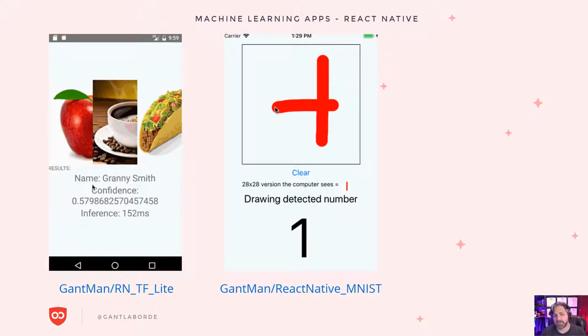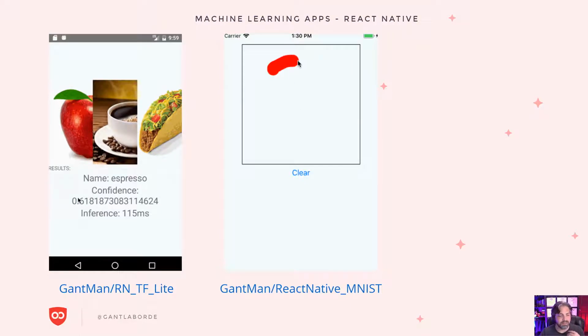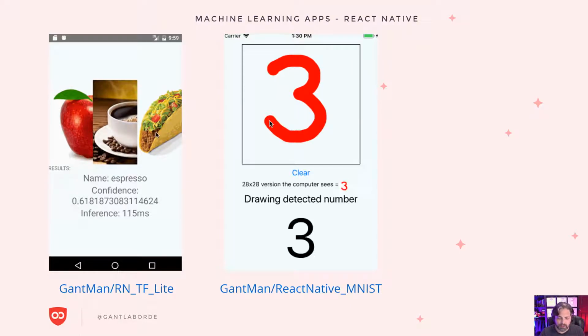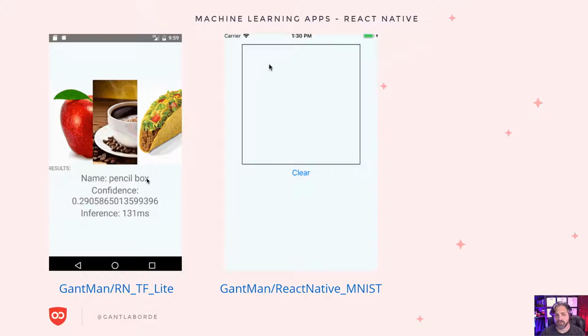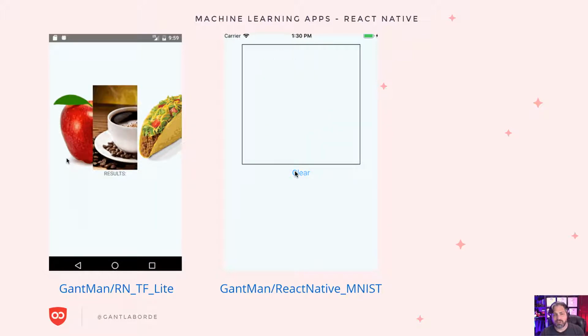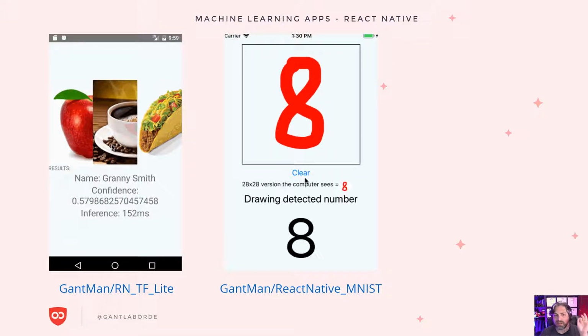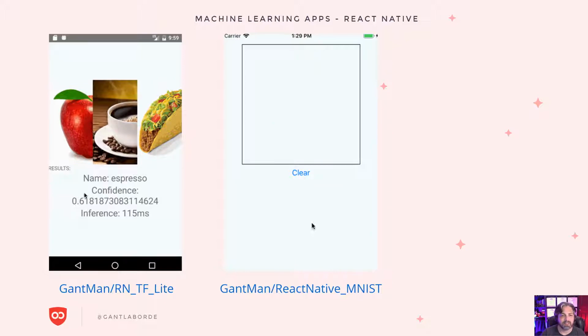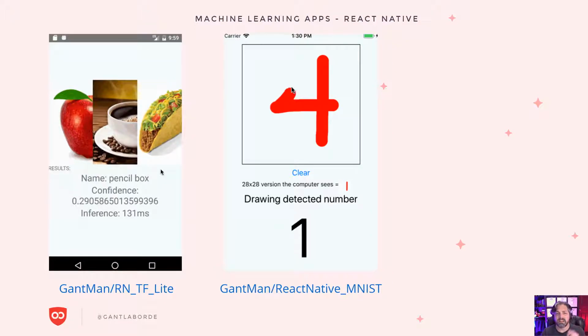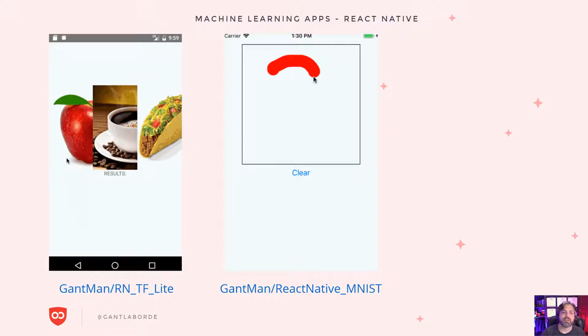This is a classic problem. What number did I just write? It's called the MNIST problem or MNIST data set. It's usually used for this, but that's sort of generalized to MNIST in general. And so this is written in Brain.js, 100% JavaScript. This could have been a website. It also made it a mobile app. It's just JavaScript. It's really easy. And then as you're drawing in here, it's identifying what numbers are there. Each of these are open source repos that you can use.